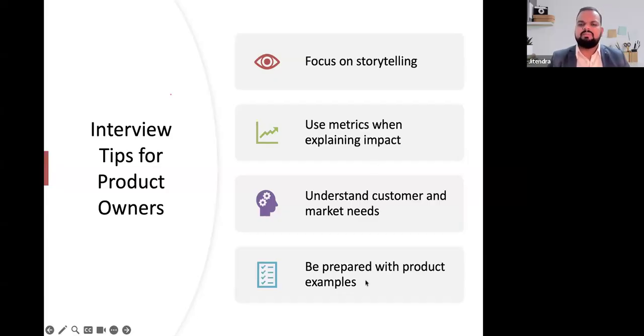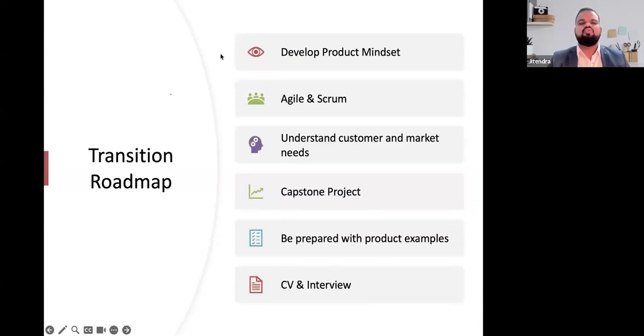And the next one over here is be prepared with product examples. Always have an example. So instead of giving a theoretical answer or a definition, talk about a real example, the product, some specific scenario, an example of your stakeholder. Let's say an example where you had a team that was not listening, or there were multiple product stakeholders in your product, and what was the problem with that? What approach did you follow which helped you solve the problem, right? If you are able to talk about a real use case, then you will be able to crack the interview at a faster pace.